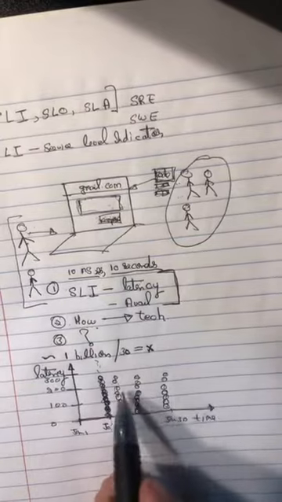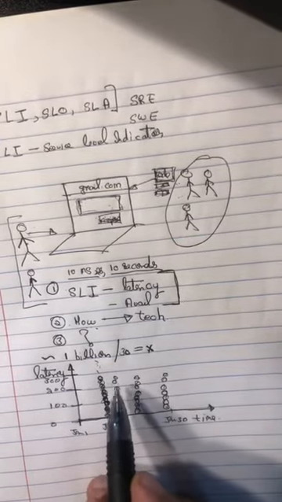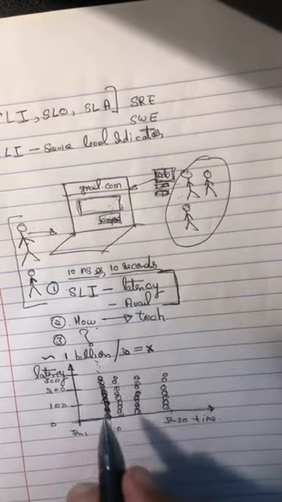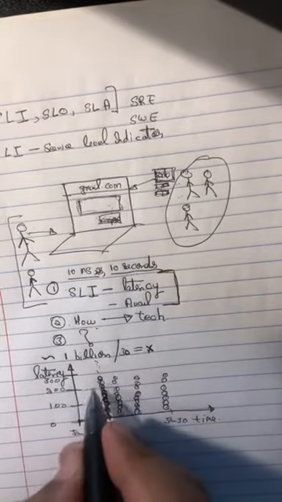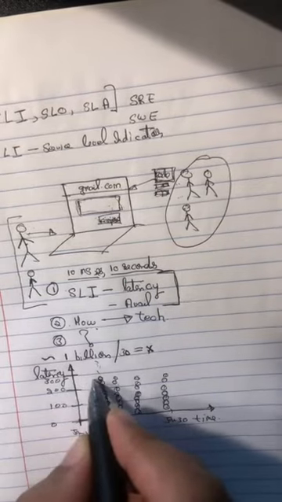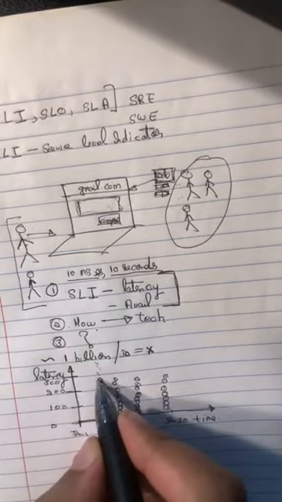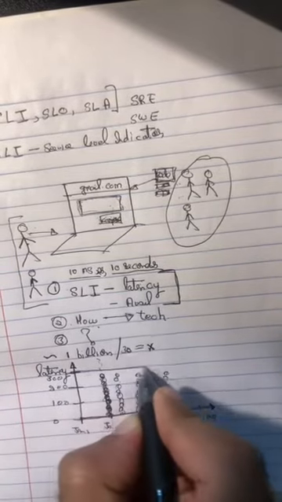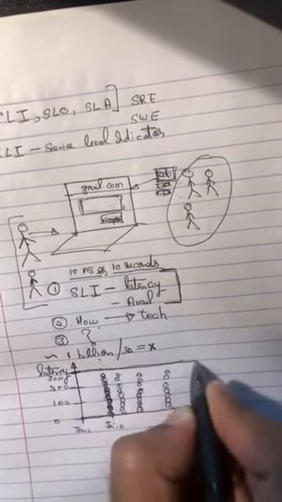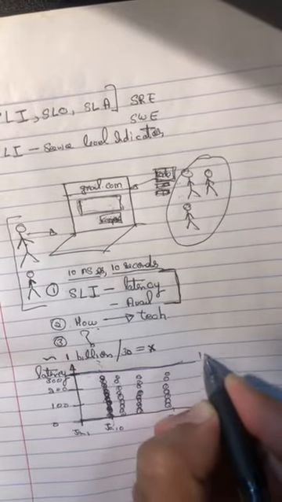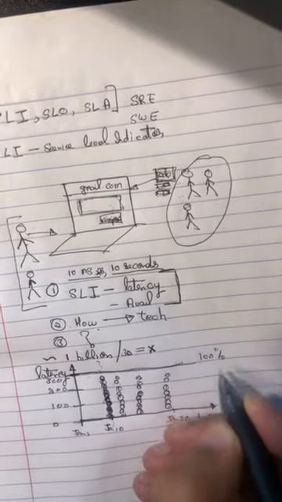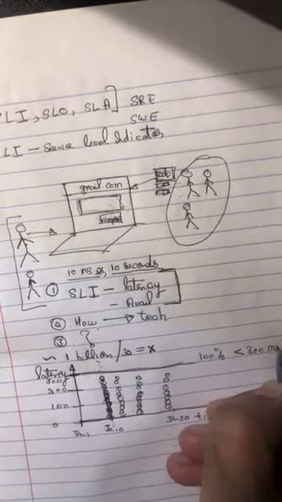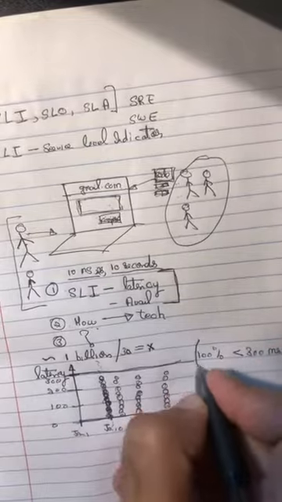Now they can set up targets on this. As a very dumb example, I want the maximum time anyone takes for this functionality to be 300 milliseconds, right? So they can set an upper bar here, that 100% of the users should take less than 300 milliseconds. They can say, this is my target, I want to achieve that.